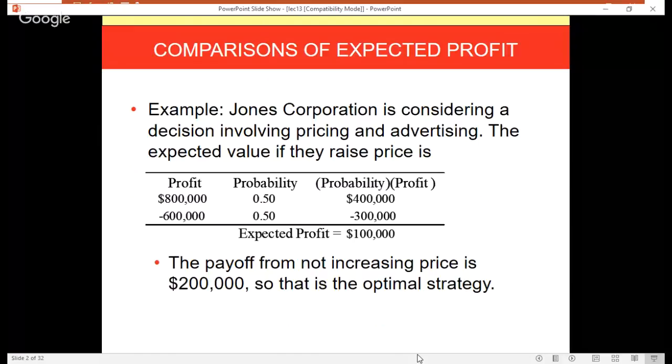So here's our example, right? There's a 50% probability that I'll make $800,000 in profit, but there's a 50% probability that I'll lose $600,000. Right? So basically, I multiply profit by the probability and sum them up. So 800,000 times 0.5, that gives me 400,000. Negative 600,000 times 0.5, that gives me negative 300,000. I sum the two, 400,000 plus negative 300,000 gives me 100,000. Right? That's my expected profit